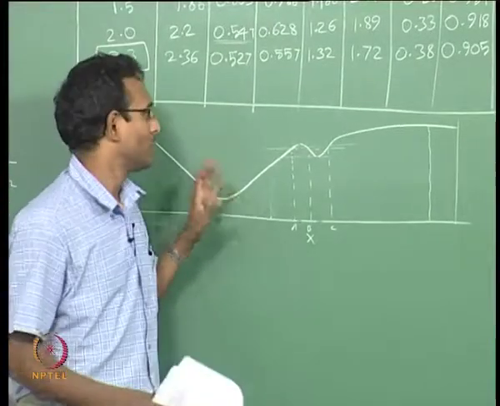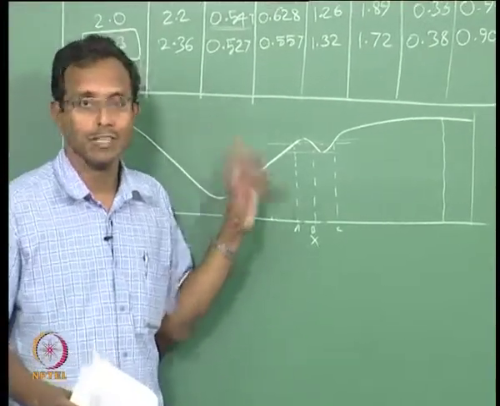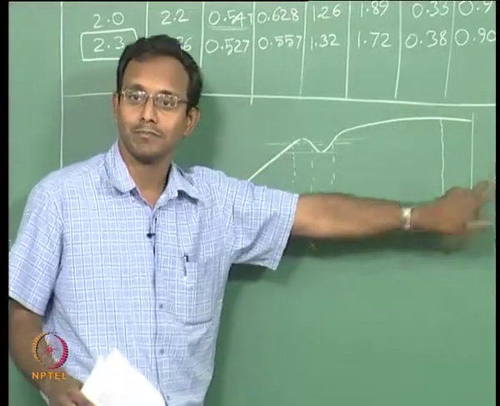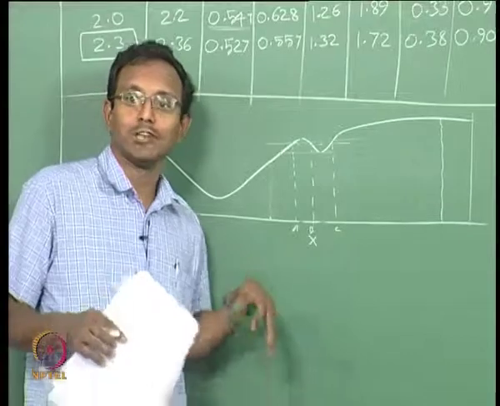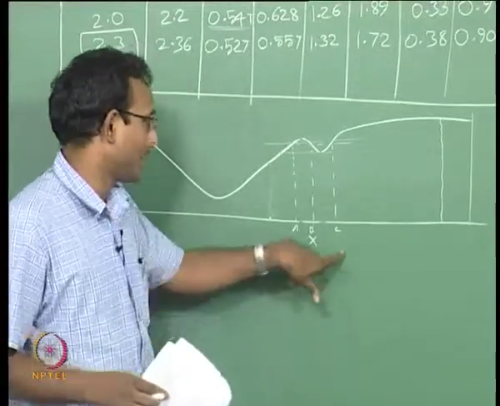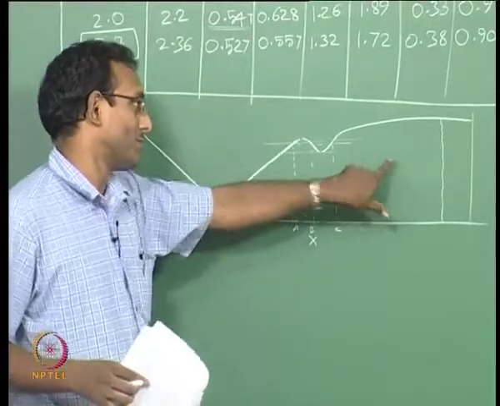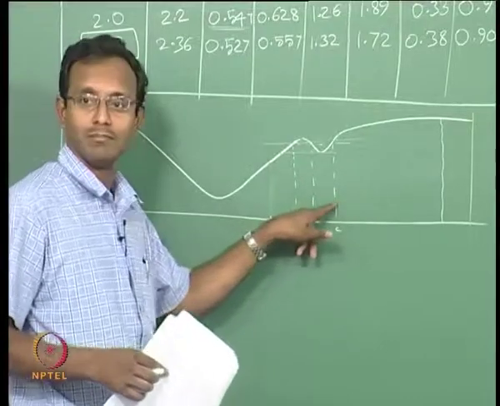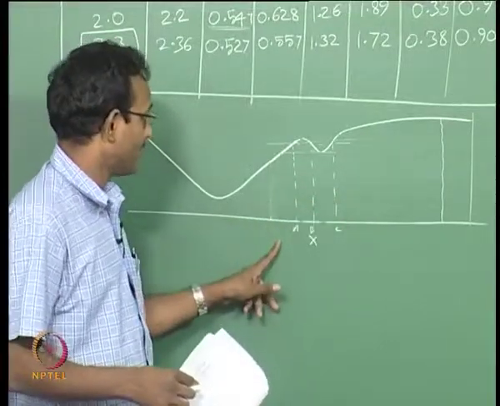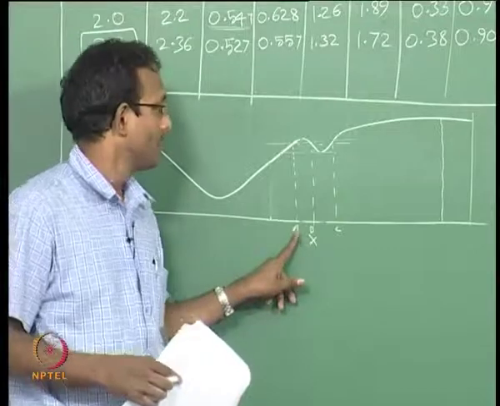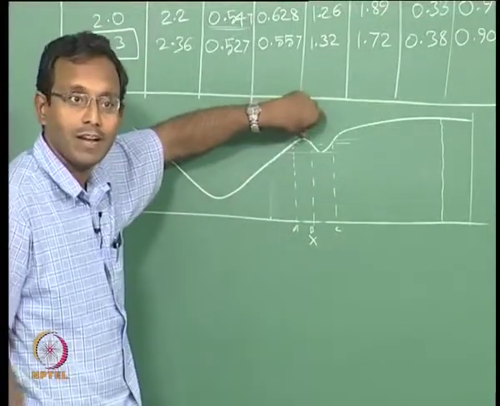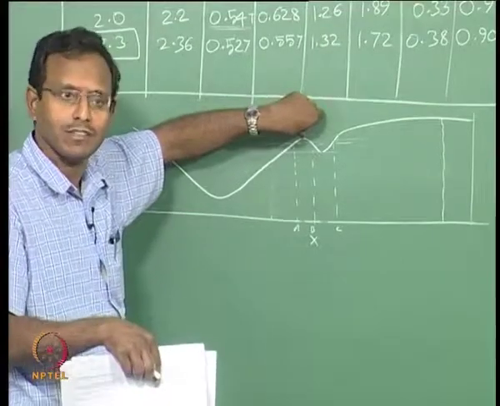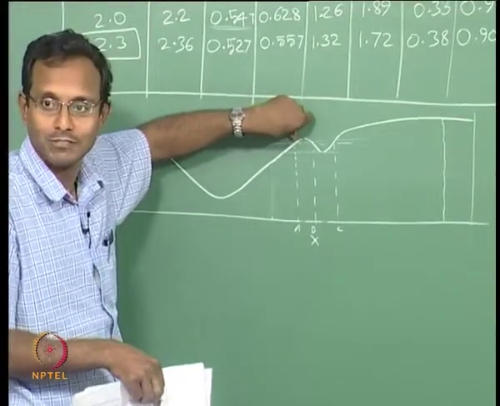Shock wants to find an area where it can sit so that it matches the exit condition pressure. That is the idea for the shock. It will find whichever is closest, so it could be A or C. If the shock is here and it has to come to this area, it will come to C. If the shock is here, then it will go to A. What if my shock is at this peak point, at this location, and I decrease my P naught? It will still go to A, that is the closest.